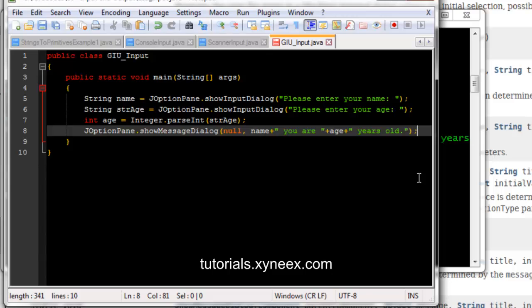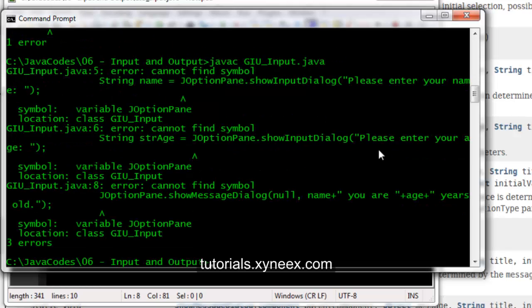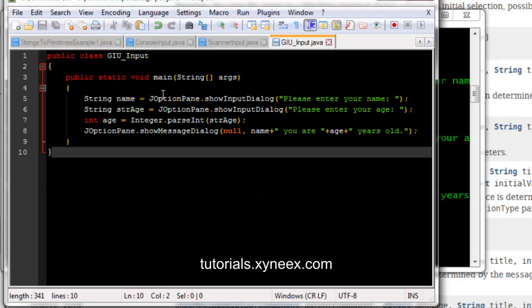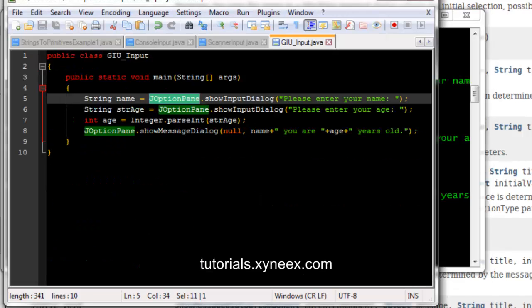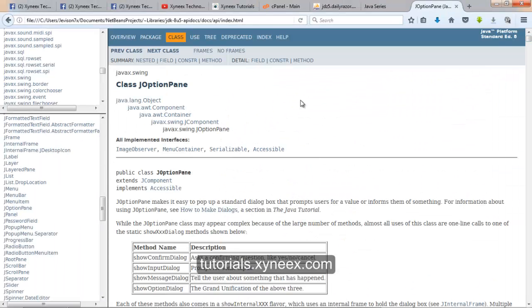So okay, let's compile it once again. And okay, so you can see cannot find symbol, something that we've experienced before. The JOptionPane has to be imported. JOptionPane is a class in the javax.swing package, so that means we have to import javax.swing.JOptionPane. So I'm gonna copy that,